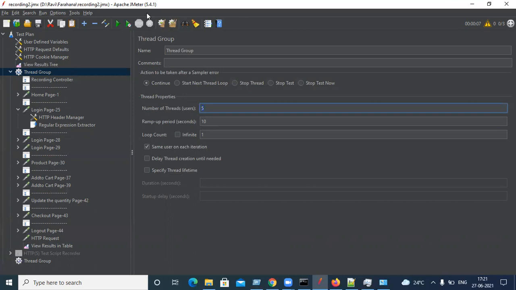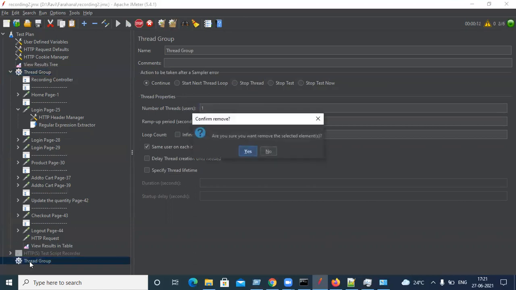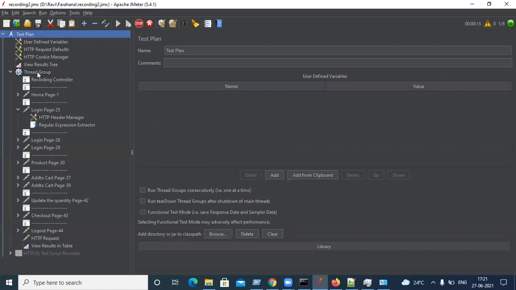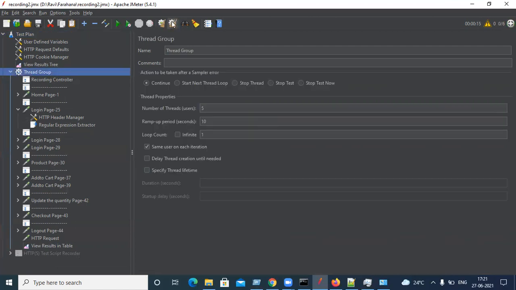Okay. So let's see now. Clear it and run. So total 5, right? 5 into 11, 55 should come, right? Let me do one thing. Let me delete the second run. Okay, let's clear and run so that you'll get 5 here. So we have 5 users, right? And right now 1, 2 means one user is done, one user is still active. Second user also came. Third user came. Fourth user came. And now they're reducing, because once the script is done, the user will be gone.